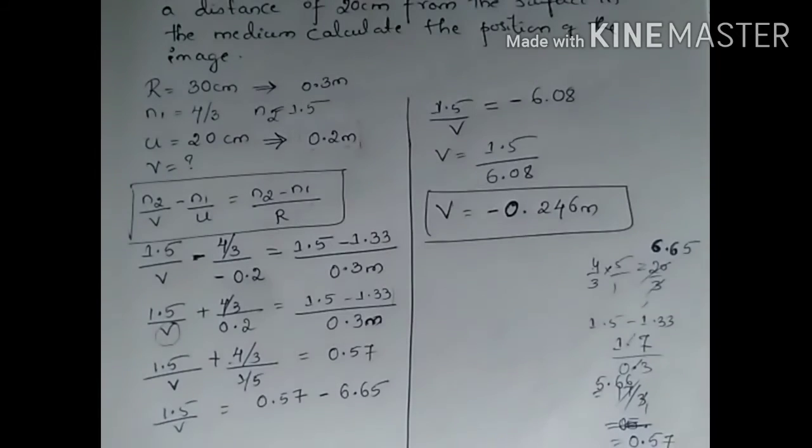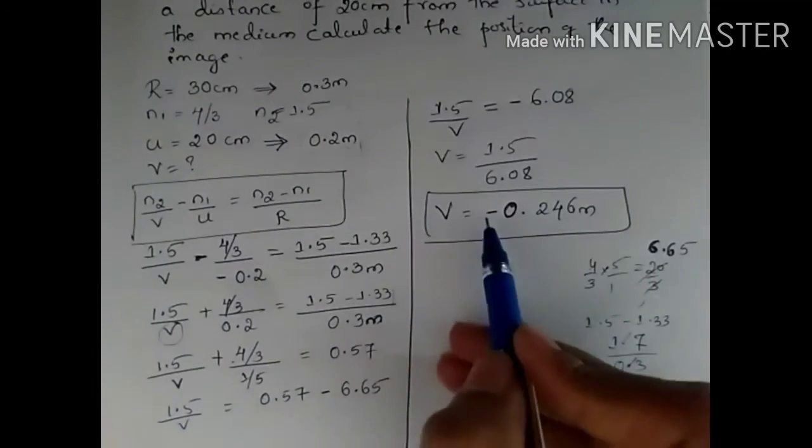We have derived this equation in the earlier classes. If you don't know this equation, then go back to the previous lectures, watch the derivation for this equation, and then try to solve as many problems as possible on this equation. By substituting all the values that are given in the question to this equation, we got V is equals to